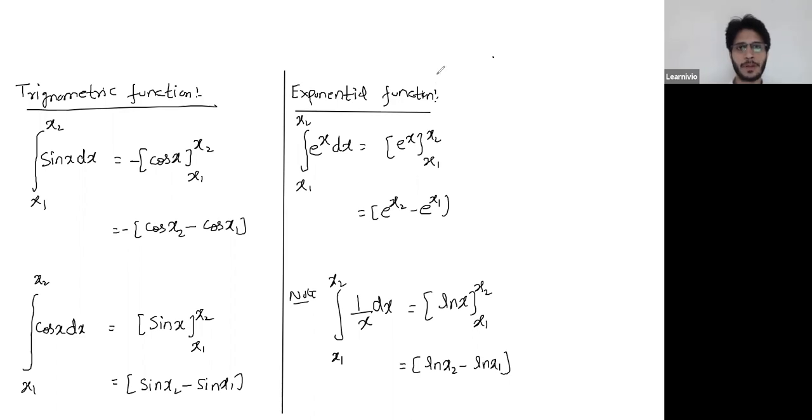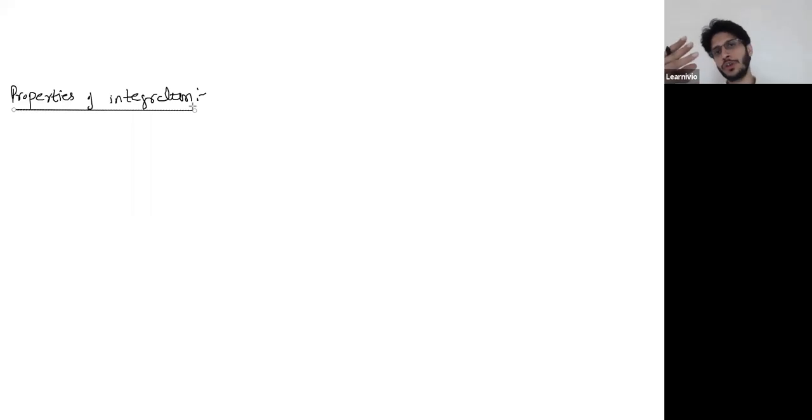Okay. Next, we have some properties of integration. You should remember all these 3 or 4 formulas: polynomial function, trigonometric, exponential, and the integral of 1 by x. Then we have a few properties. The first property is, if you're integrating only dx, there is no other variable than dx,